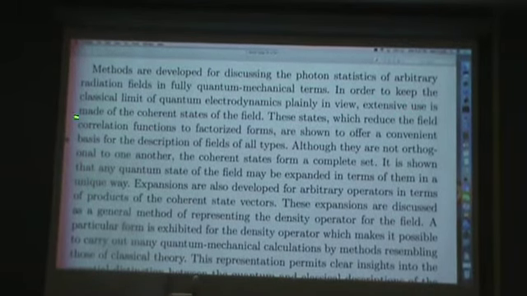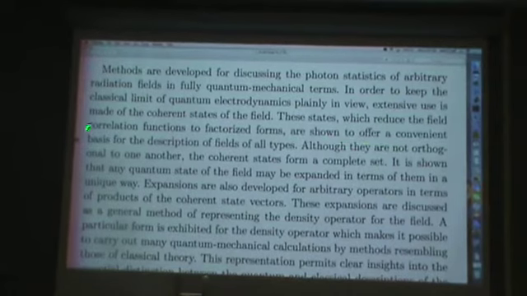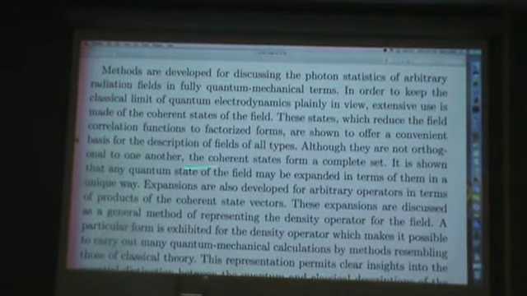These states, which reduce the field correlation functions to factorized forms, are shown to offer a convenient basis for the description of fields of all types. Although they are not orthogonal to one another, the coherent states form a complete set. It is shown that any quantum state of the field may be expanded in terms of them